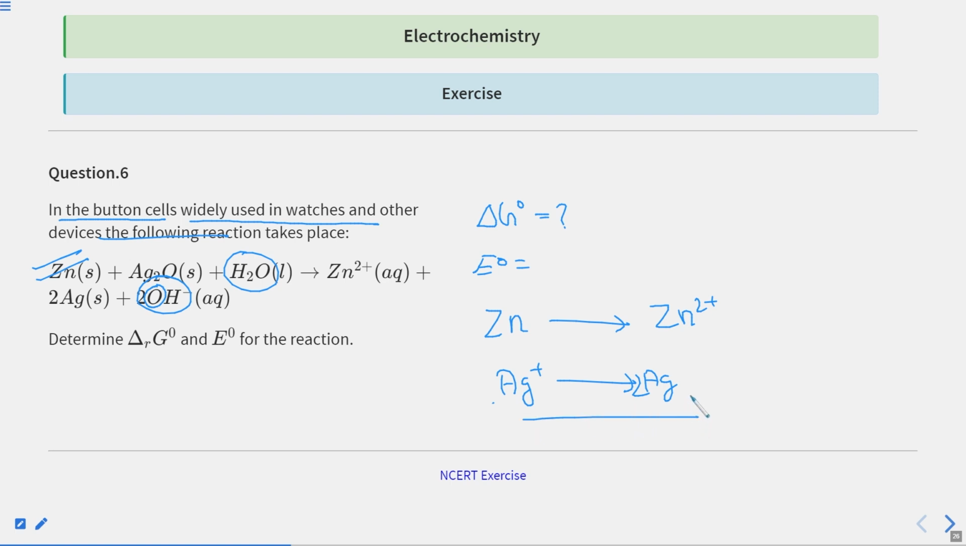So Zn is going to Zn2 plus, so it must be involving 2 electrons. Here also Ag2O, so 2 H plus Ag plus are there, right? So here also 2 electrons are being added. So n you got as 2. Now for Ag2O to Ag, let me see it. The Ag2O to Ag reduction potential is approximately 0.342. So this pair